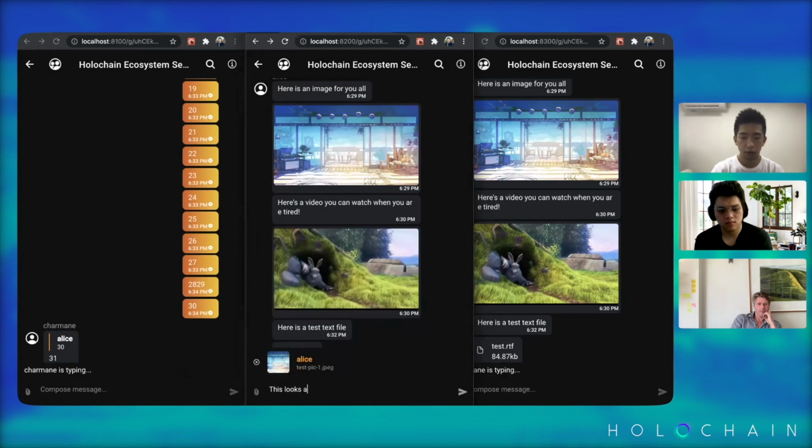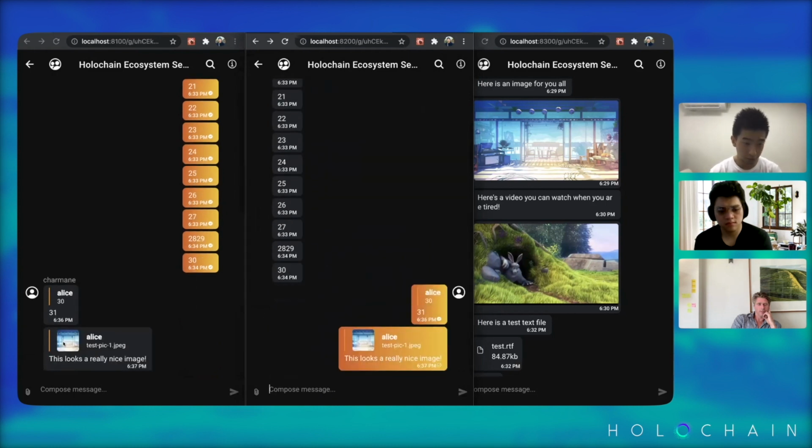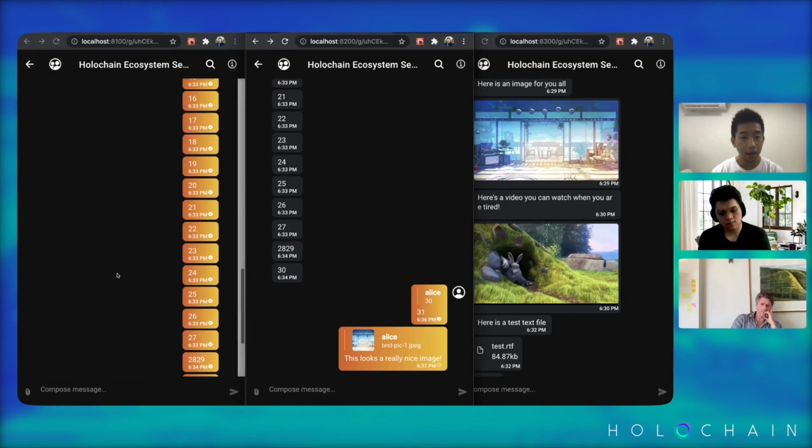This looks like a really nice image, right? And you can see that even the thumbnail of the file is here. In the future, we would like it to jump to the message that we replied to, but for now that is not yet implemented. And lastly,